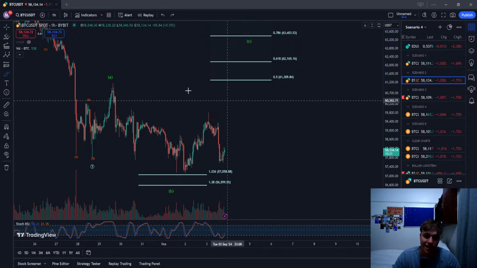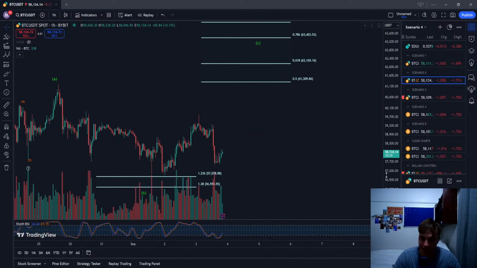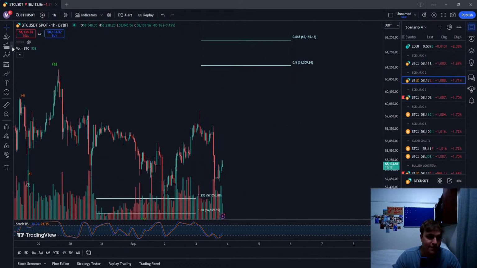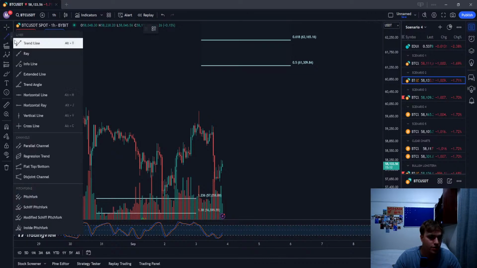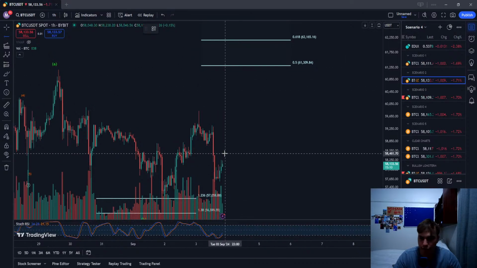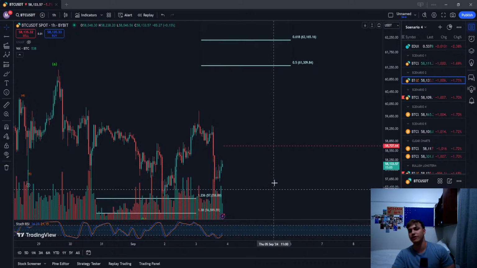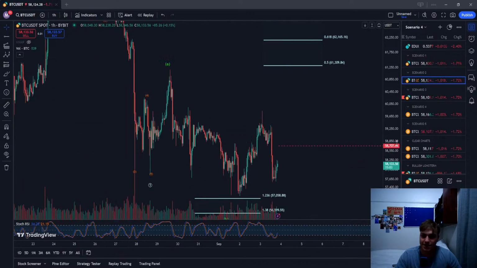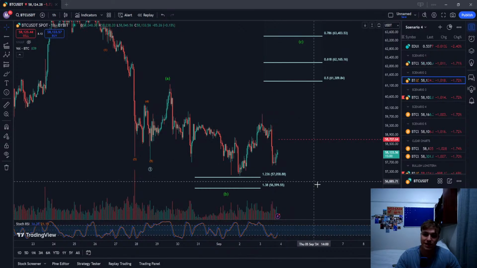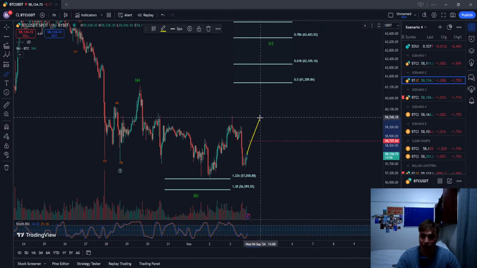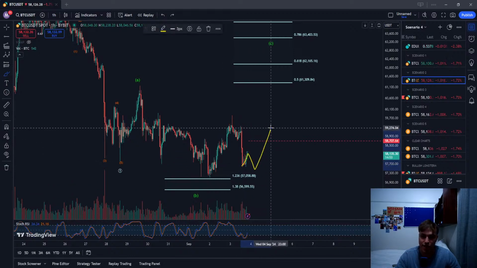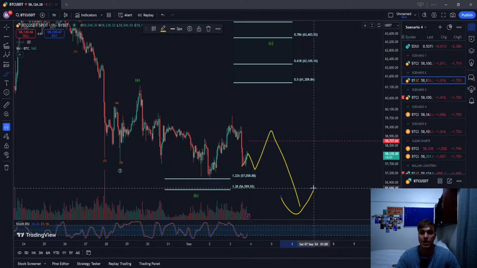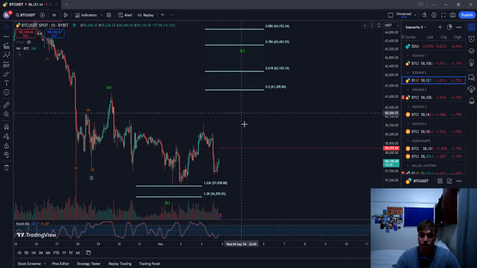This is less likely. The only time this is more likely is if we hit 58,700. Where is my line now? Don't like how they put this here. So 58,700. If we hit 58,700, this invalidates that 5-wave move to the downside, and the likelihood we are looking for higher is increased. But if we make a move down first, then hit this, the likelihood that we are going lower is high. So do be careful.